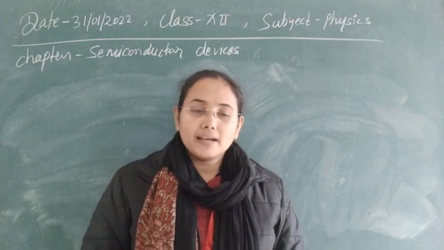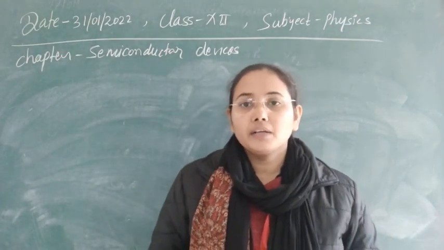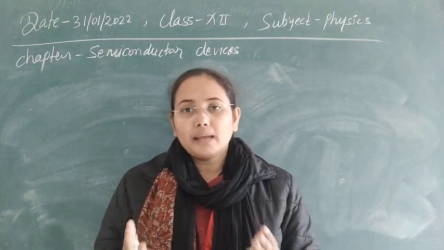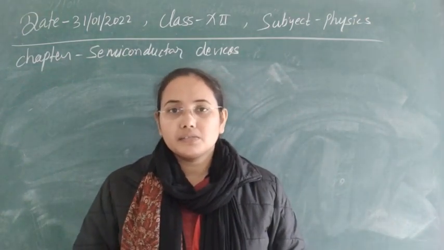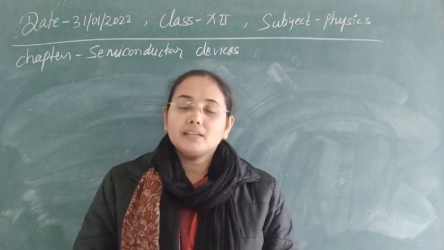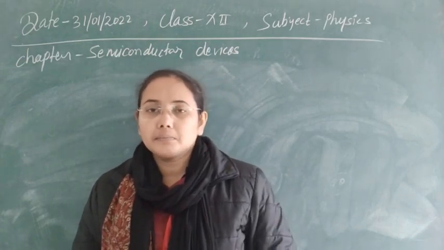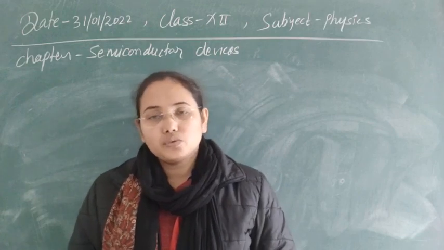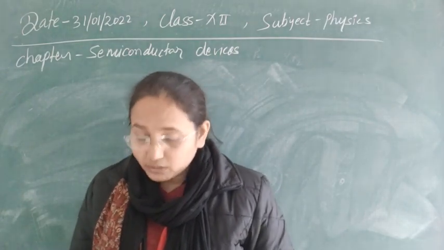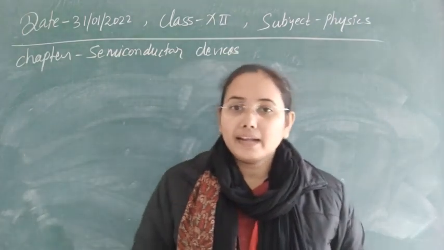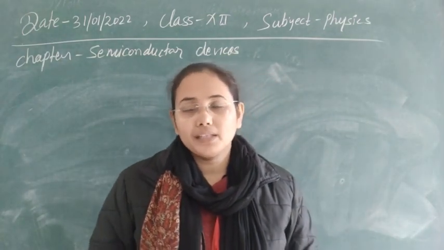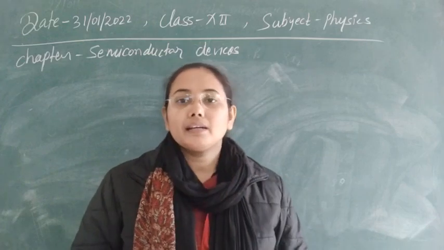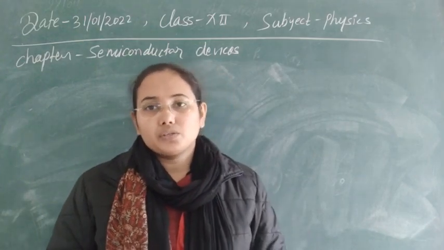First, a diode, as the name means, has two terminals, and p and n are the two types of semiconductor materials we have. If we join these two types of materials end to end, then the combination we get is known as a p-n junction diode. One more thing here: p and n type materials we cannot join simply physically, and even if the polishing is correct, even then we cannot join them.